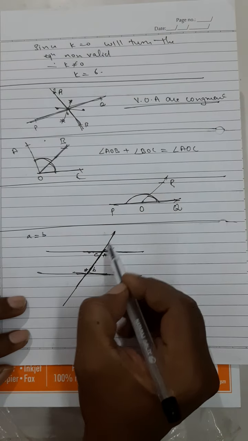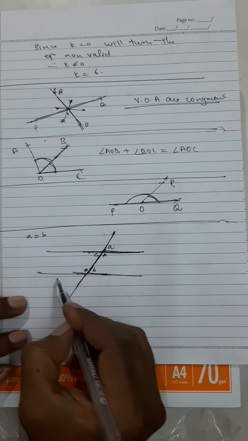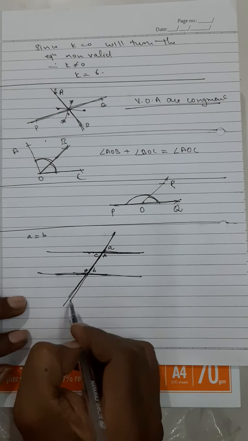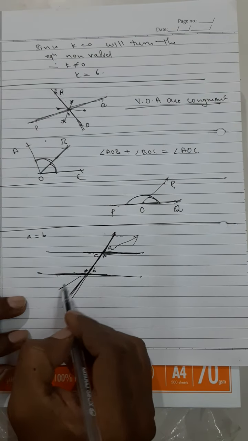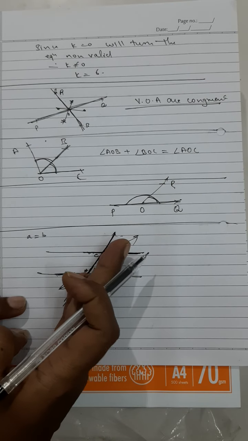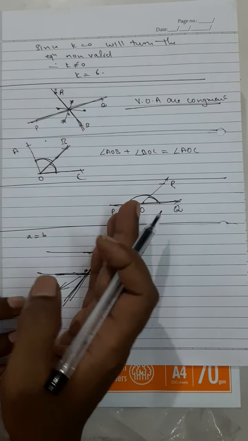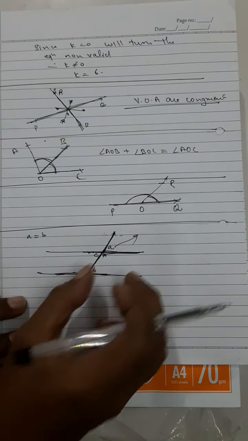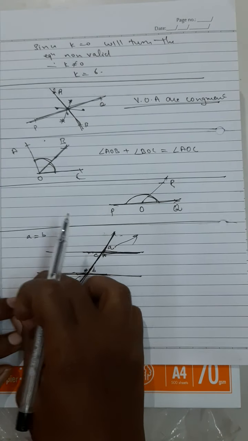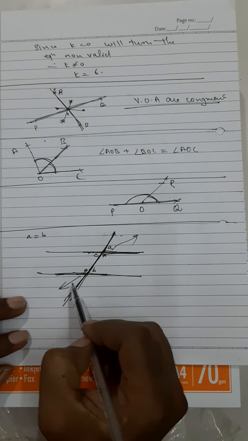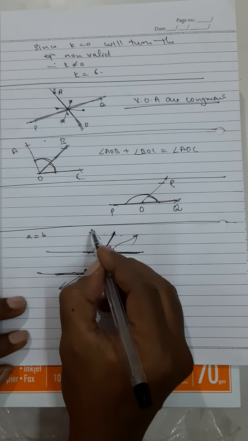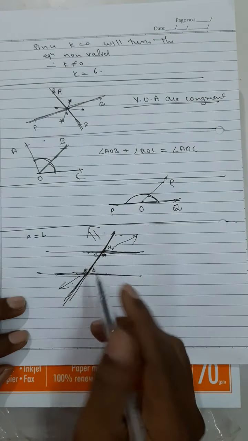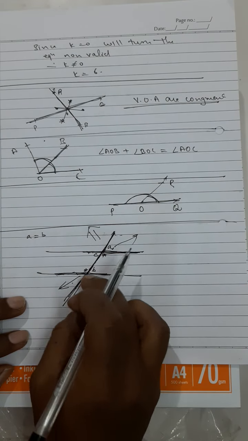Even alternate exterior angles are also congruent. Alternate exterior angles are basically this. This is over there and here it is. They both are pointing outside. This is going outside. This is also looking outside on the alternate side. This is on the right hand side. That's why they're called alternate. One is on the right hand side, the other one is on the left hand side. And this is looking exterior, outside. They're also looking exterior, outside. These two also will be congruent. Okay. And similarly, these two. This is looking exterior, outside, will be congruent.